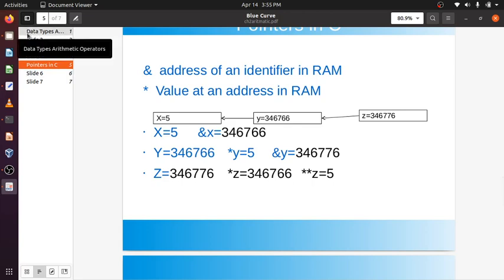To access the value, suppose the first position is 001 and the last location is 100.